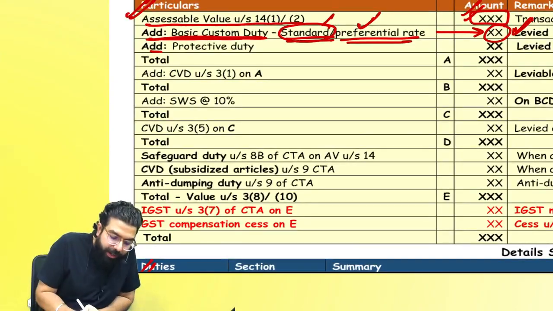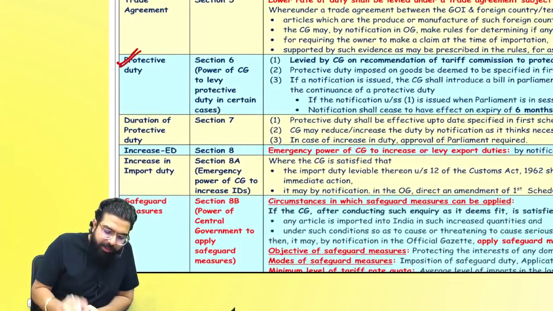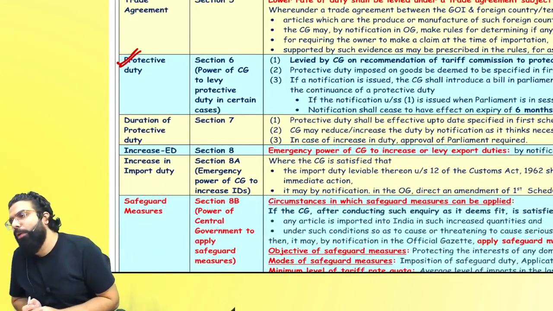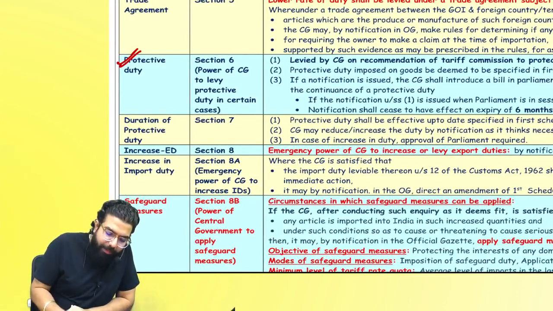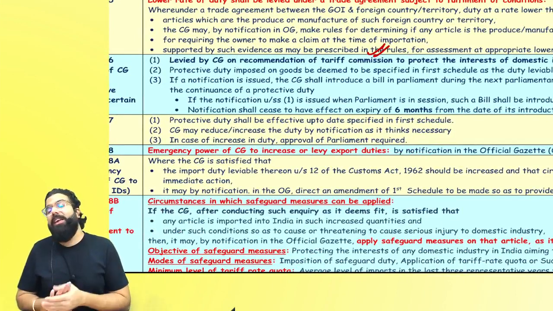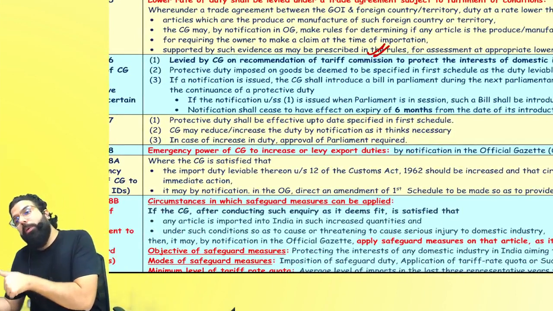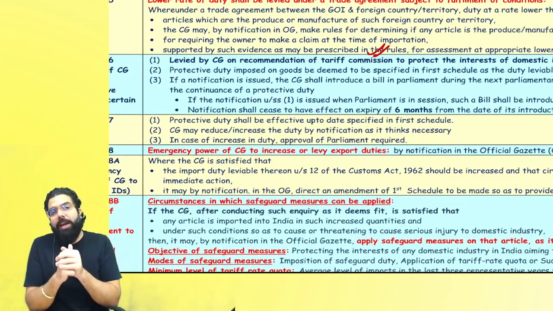The next one over here is the protective duty. Protective duty, section number 6 of the Custom Tariff Act goes ahead and talks about protective duty. It is levied by the central government on the recommendation of the Tariff Commission, and it is levied to protect the interest of the domestic industry. So basically, if the government goes ahead and says whatever rate is told in the tariff, they have